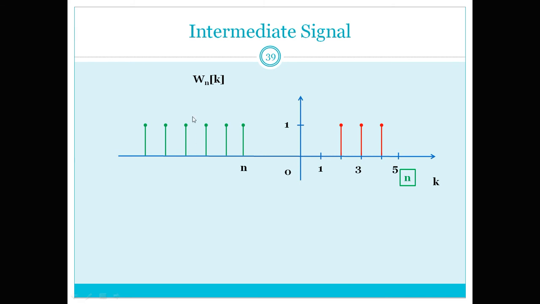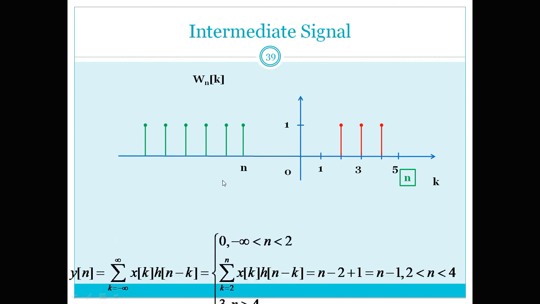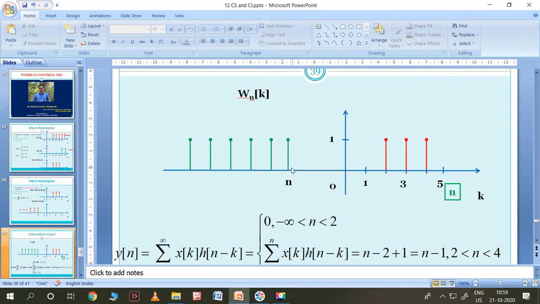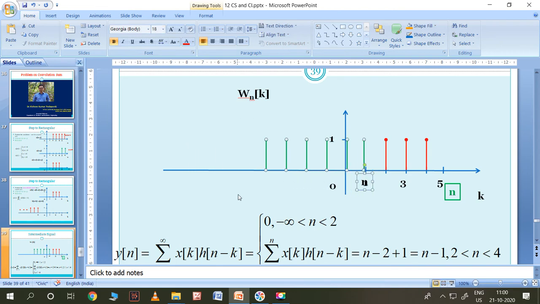Now what I need to do is move this part towards the right. Let me explain comfortably here. If this is the case, you can easily get it. Please understand this part. I am moving it, moving it, and finally the multiplication of these two signals should be non-zero.